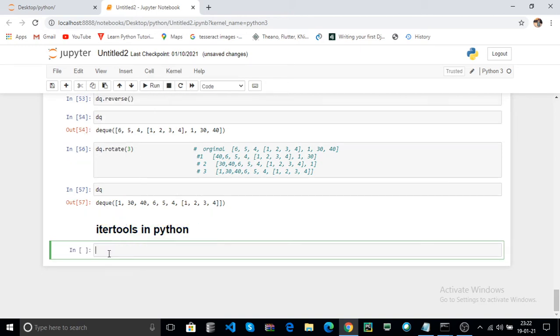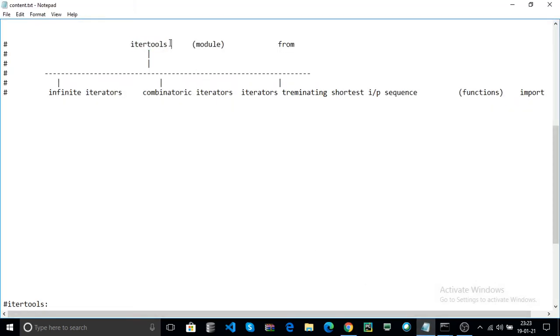Now what is itertools? The itertools is a module in Python. The itertools contains different functions. The module contains different types of iterators.